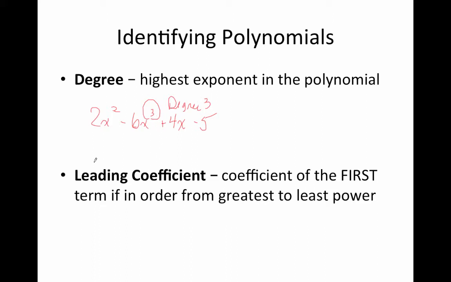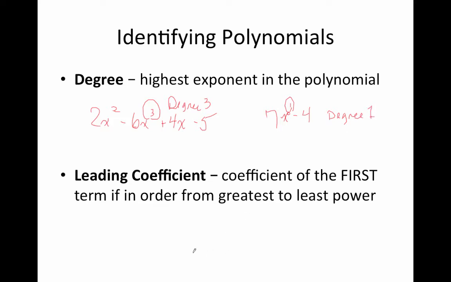Okay? Now, sometimes it's in standard form, so the polynomial will go from greatest to least power, so you just look at the first term, but not always. See how the first term here was degree 2, but the whole polynomial is not degree 2 because there's a higher one. If we want to look at another one, so we can say like 7x minus 4, that's a degree 1 because the highest power you see is that linear 7x,